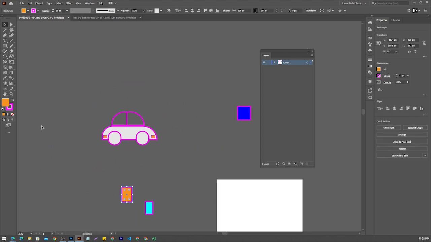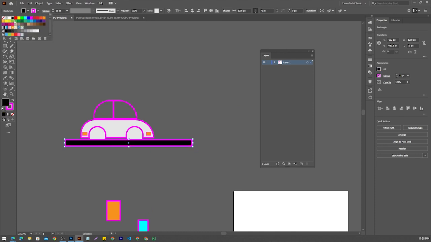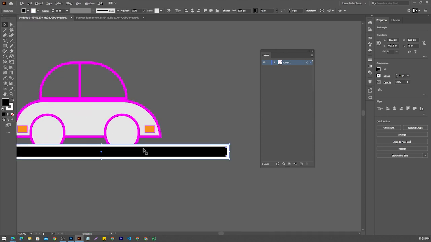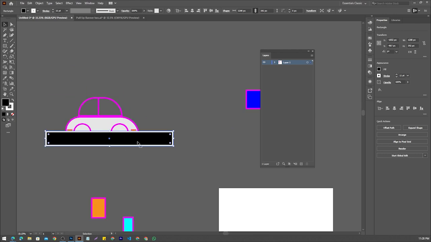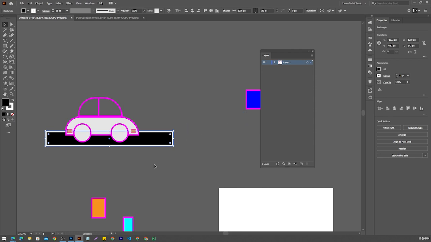You can also draw a road. Let's take a rectangle. Let's make it black color, stroke color white color. Let's say I want to send this backward. Just right click on it, then arrange, send to back. As you can see,